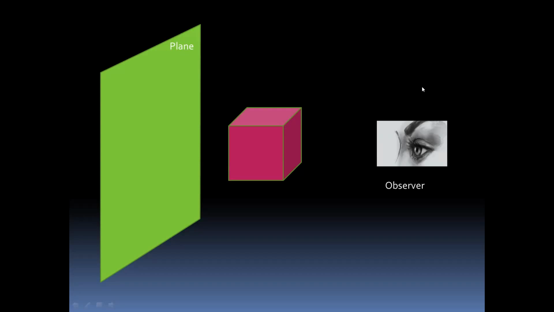First, how does the observer get the image of this three-dimensional object? This is because of the rays that enter the eyes, and that creates one image. This is the visible outline. These are the rays that enter the retina of your eyes, and those rays create one image. That image will be this rectangle.